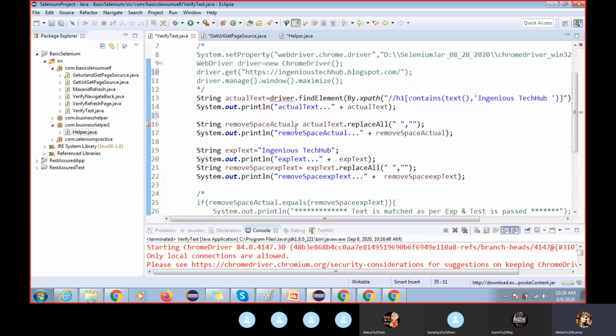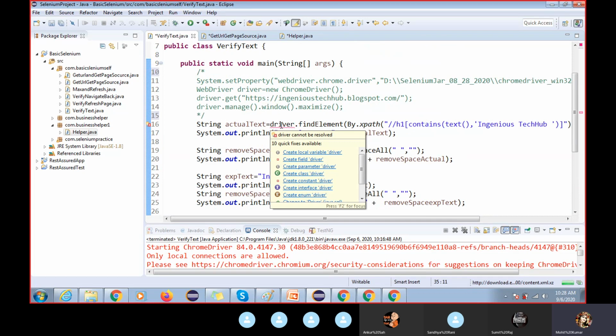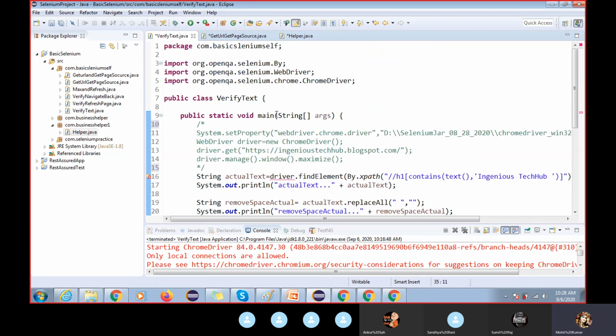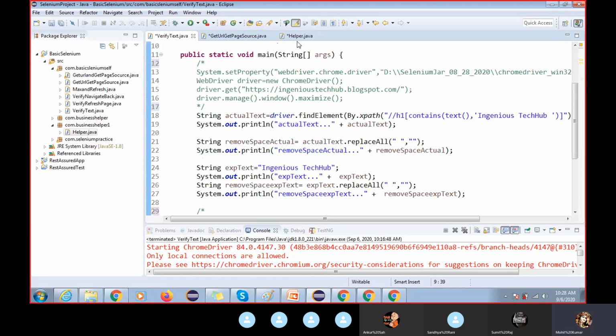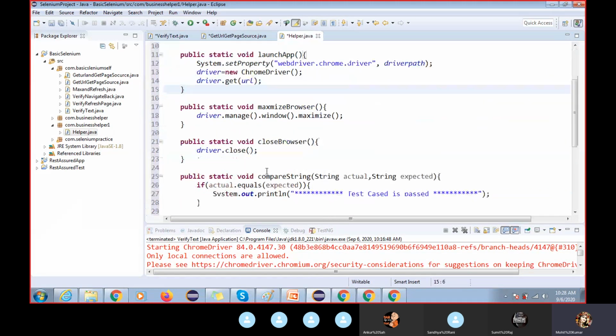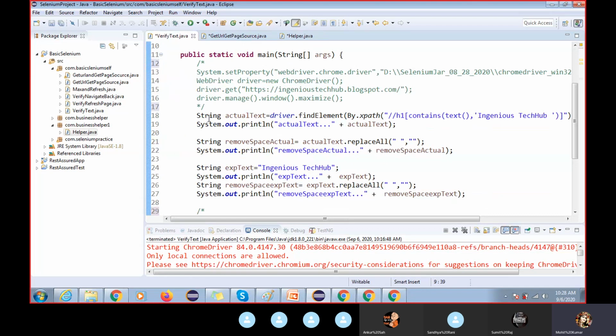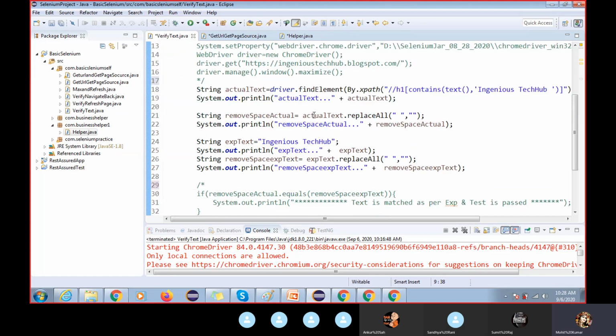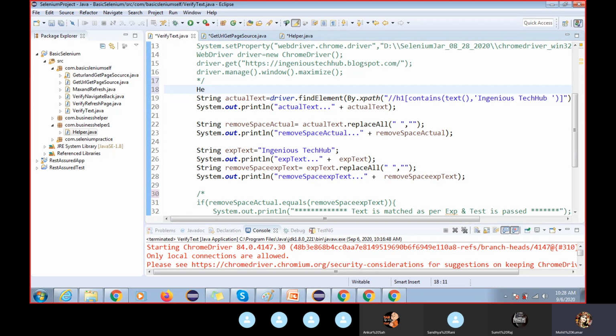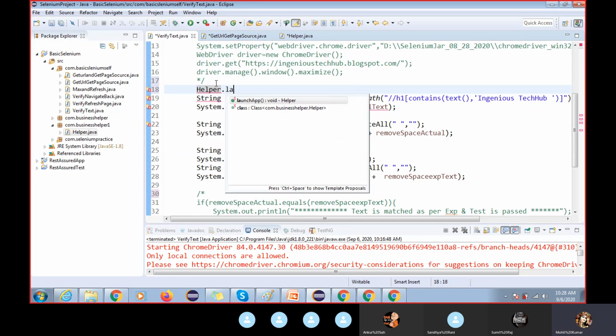See, if some error is coming, why is it coming? It says web driver. So you have to extend that class, extend the helper class. Got it? Now whatever is available in the helper class, we can access in this class by using the inheritance concept. So now I'm going to call helper dot launch.